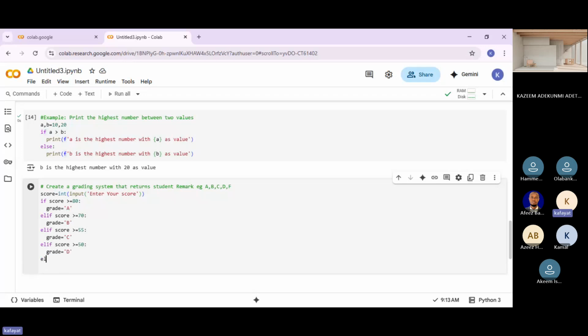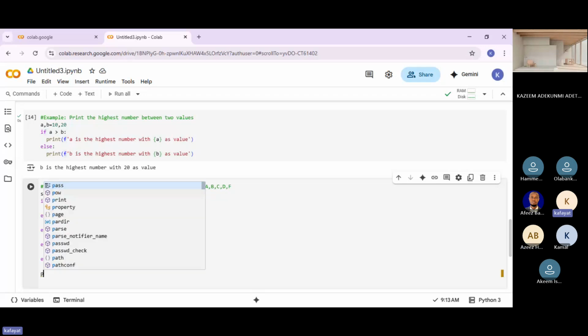Then the last one is what? Else. If it is none of these, print what your grade should be. So can I come out of my loop and print what?